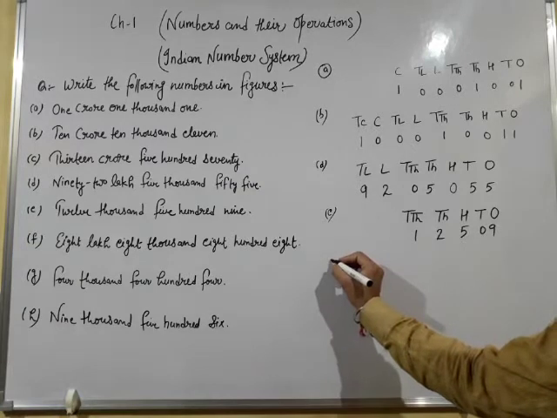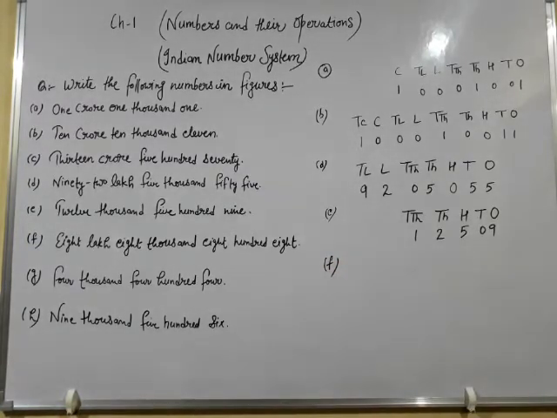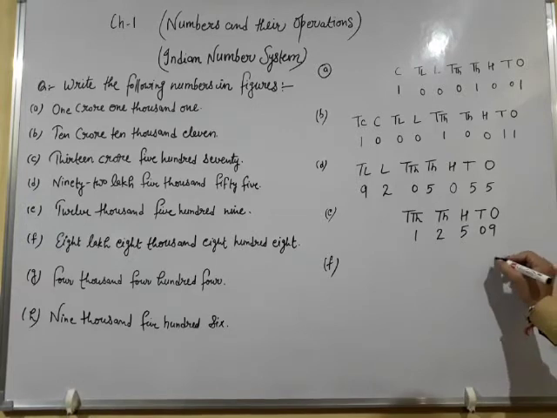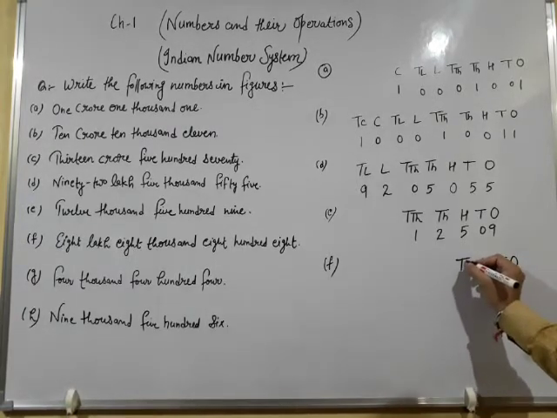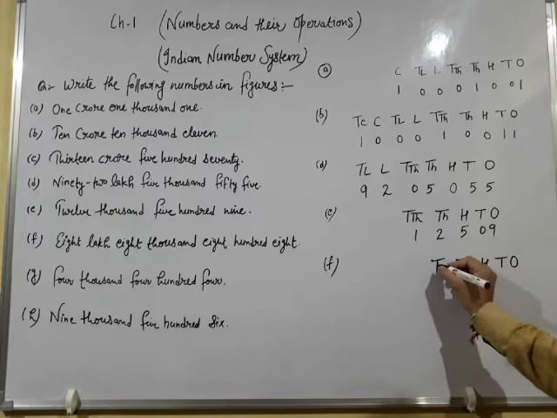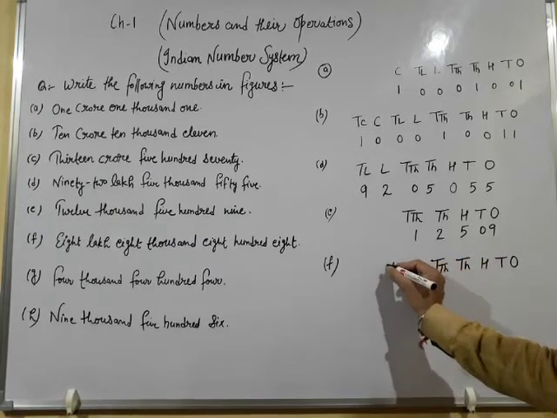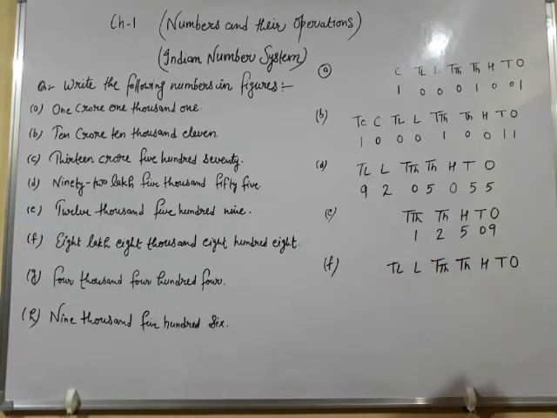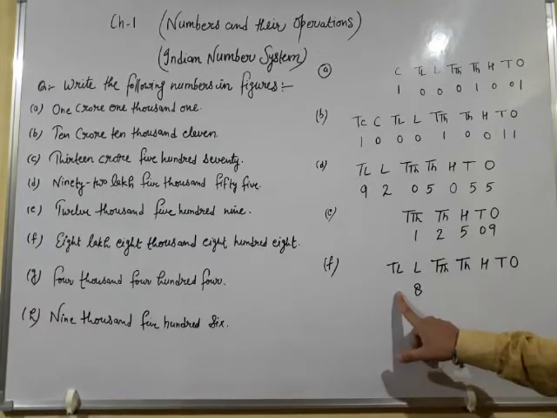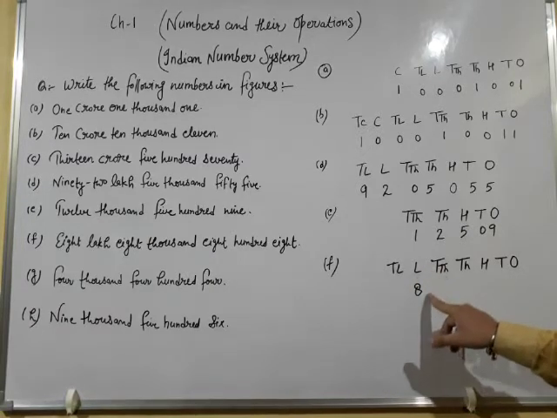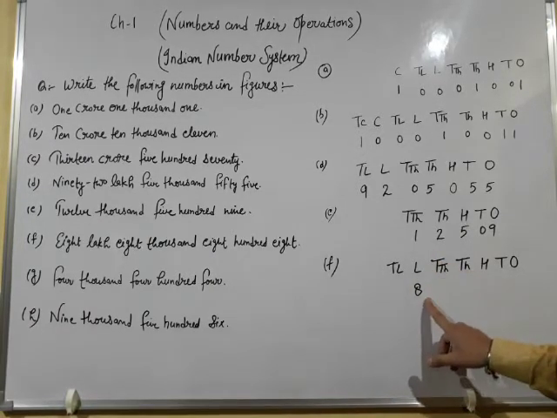Write the answer of F part. 8 lakh 8,808. So you have to write places up to lakhs. Ones, tens, hundreds, thousand, 10,000, lakhs and 10 lakhs. In the F part, how many lakhs do we have? 8 lakhs. So 8 can be written like this. Whether you want to write 0 here is your choice; otherwise, no need to write 0 here. 8 will be written under the lakhs period.